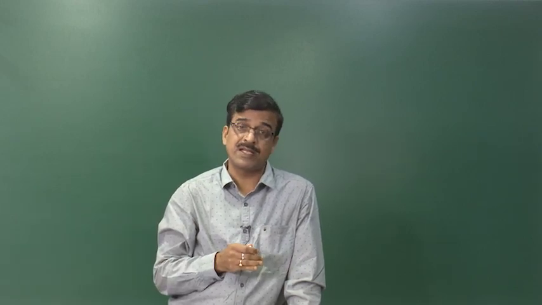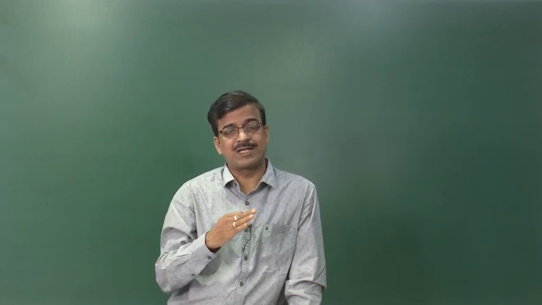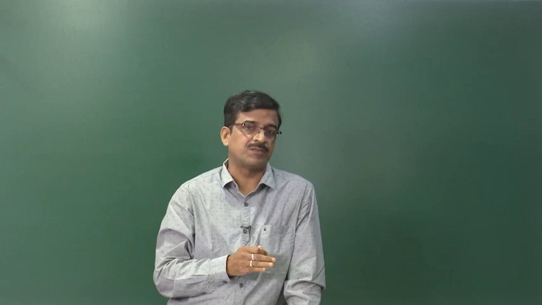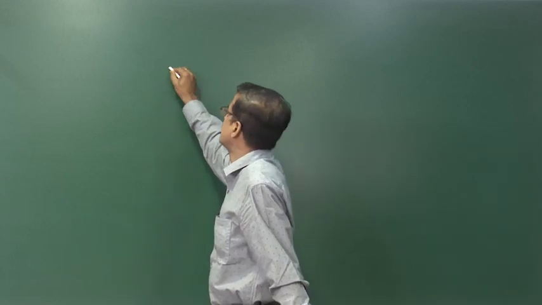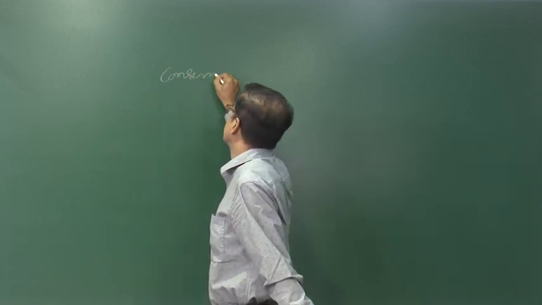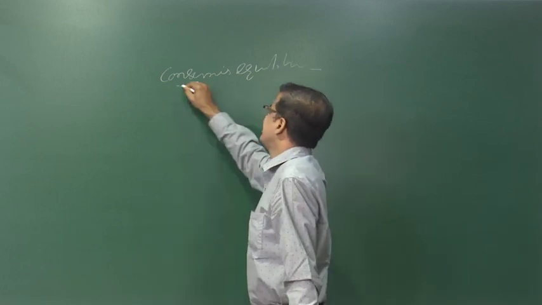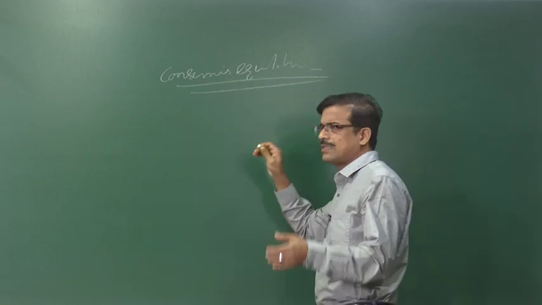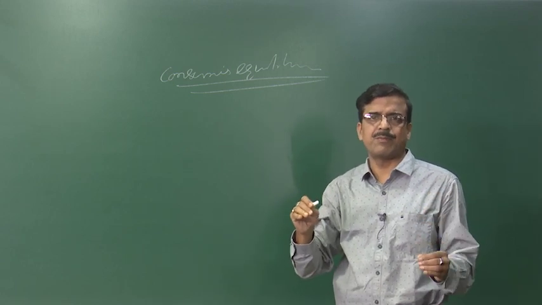But the point is that the budget line is constant. That means the constraint is that he can't spend more than his money income, right. So, consumer's equilibrium, what we have to start today, consumer's equilibrium, and this particular equilibrium means it is a point where the consumer obtains the maximum amount of satisfaction,